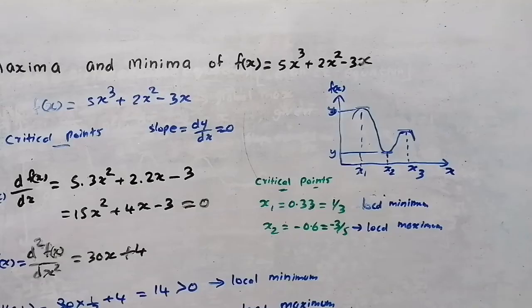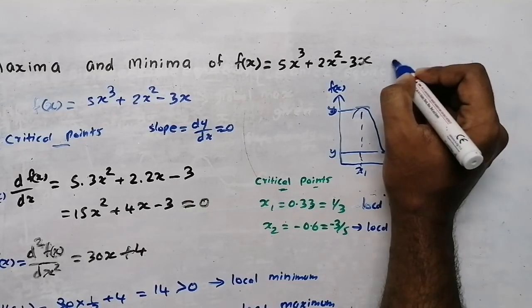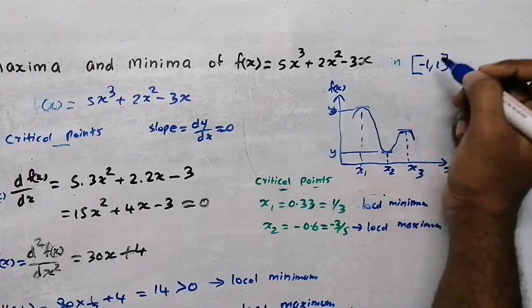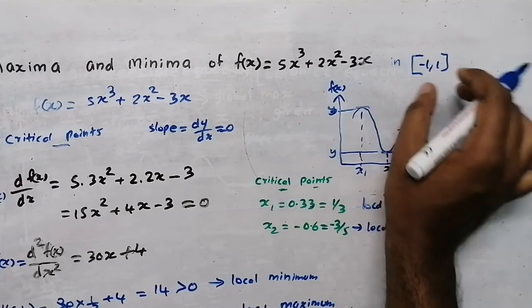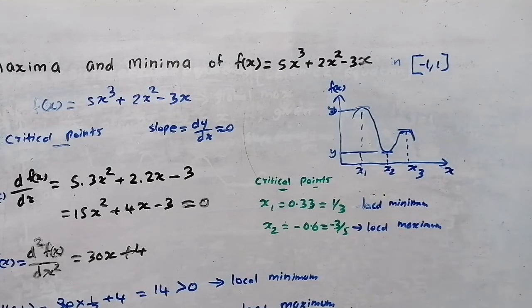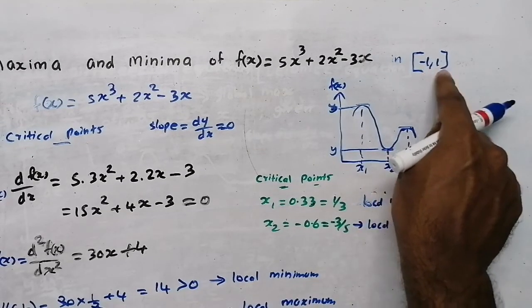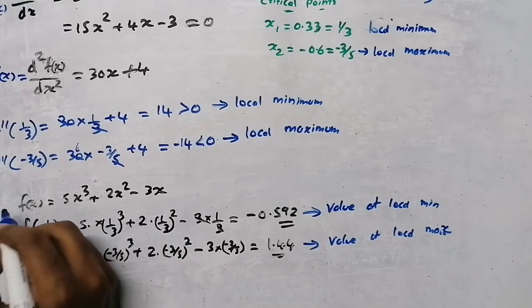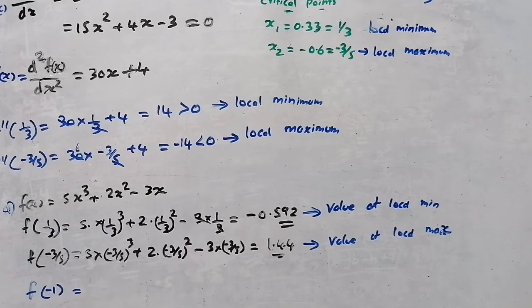Okay. Now suppose that in the question they mention an interval. They will give you an interval from minus 1 to 1. The function is lying between the interval minus 1 to 1. At that time, what do we need to do? So my points are minus 1 and 1. So in the same equation, I need to put those values. I need to find f of minus 1 and f of 1. Okay. That means in the question, this was my question, I need to substitute those values.